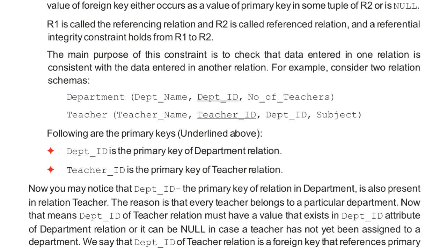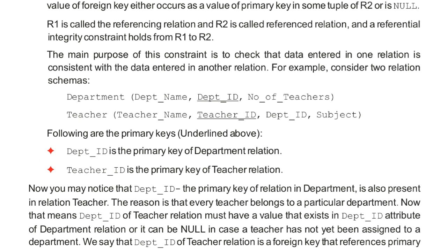Department ID is the primary key of the department relation, because department ID will be unique for each department. In the same way, teacher ID is the primary key of the teacher relation, as teacher ID will be unique for every teacher. Department ID is common to the department relation and the teacher relation.